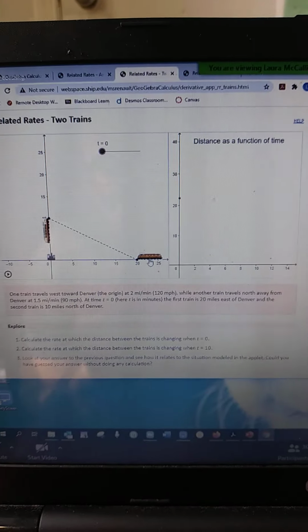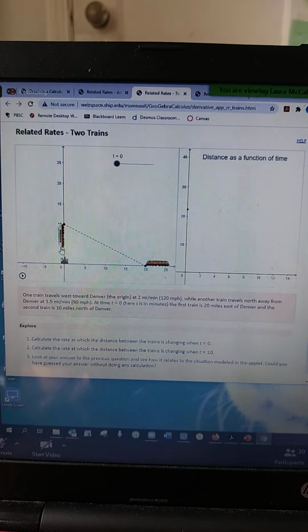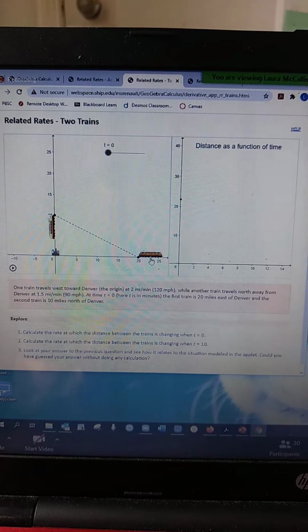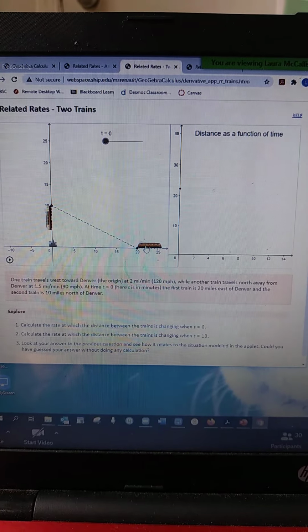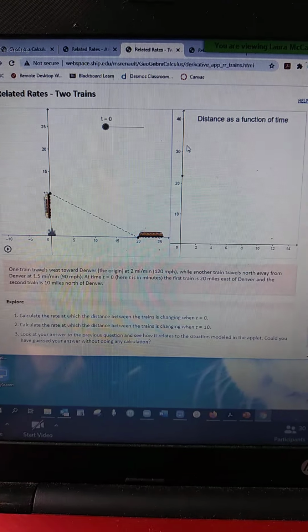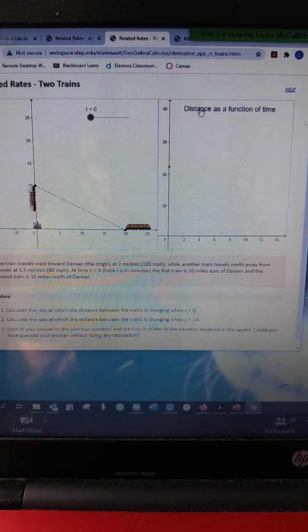What's happening here? This train is going further away north. This train is traveling east, and it's traveling west. But as I push play, this graph is the derivative I'm looking for, distance as a